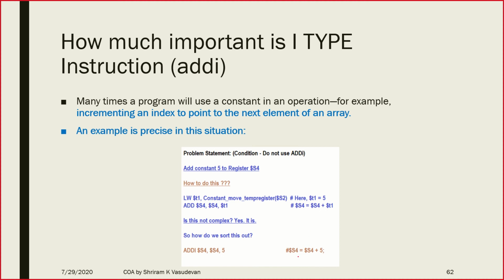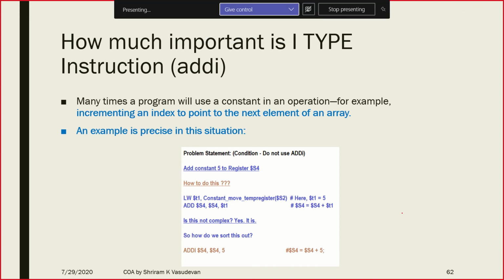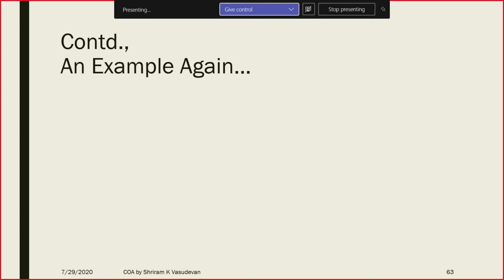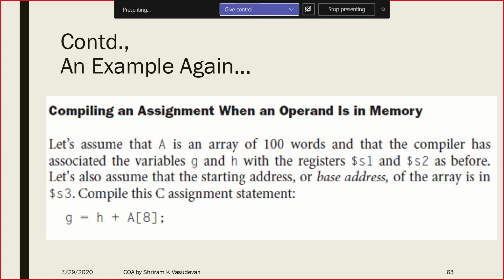Immediate instructions are very helpful because they save us from loading the content into the register as one additional step, which will take some clock time, which will take some processor power, and it is totally avoided in this case. So there can be a question, why do we need immediate type instructions or I-type instructions? I-type instructions are required just because they help us in doing the processing straight. That's the answer.